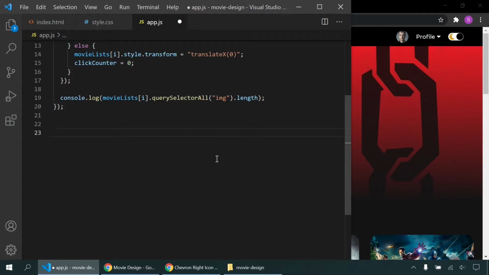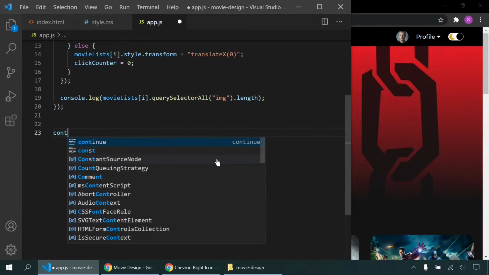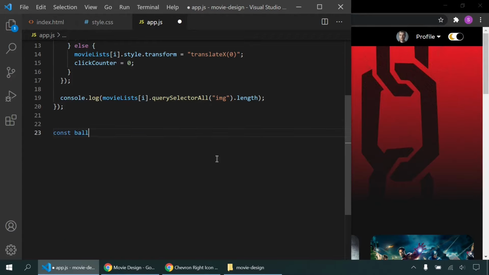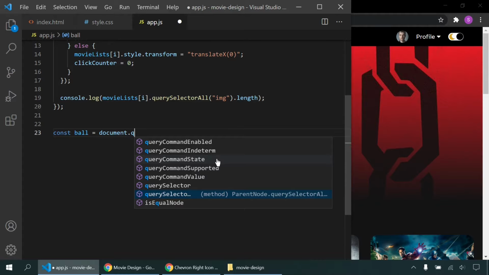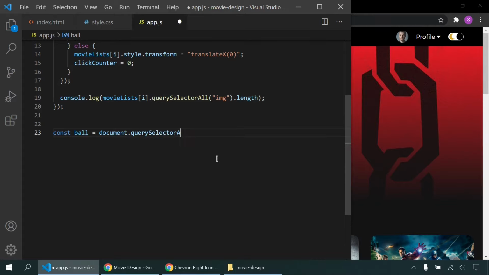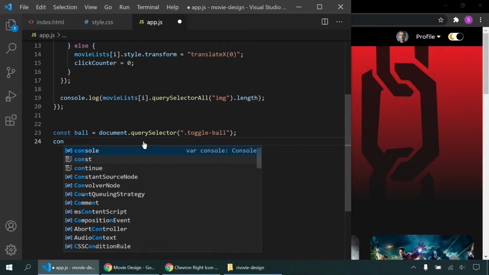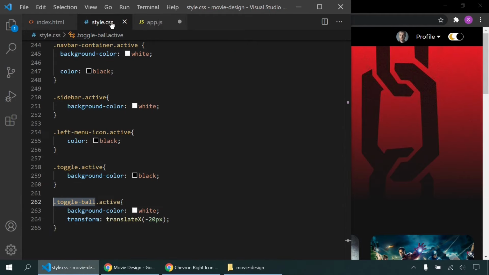So I'm gonna come here and say const ball and document, again query selector, not all because it's only one class, and this toggle ball. And after I'm gonna choose other classes,